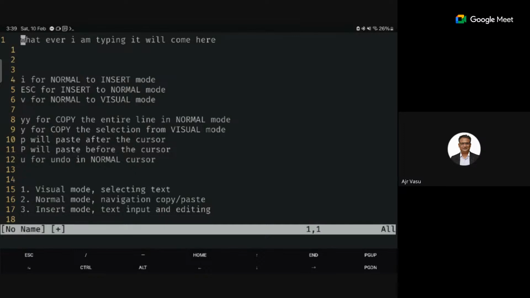If I paste, I'm using Shift P. That is why it's pasting in front of the cursor. If I use simply P, it will paste after the cursor because initially the cursor was over the W. Okay, you see the difference, right? Shift P and P.